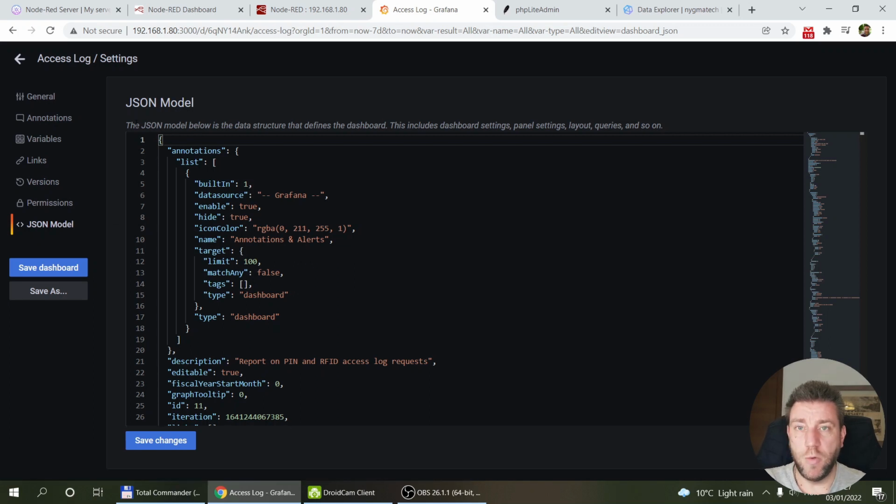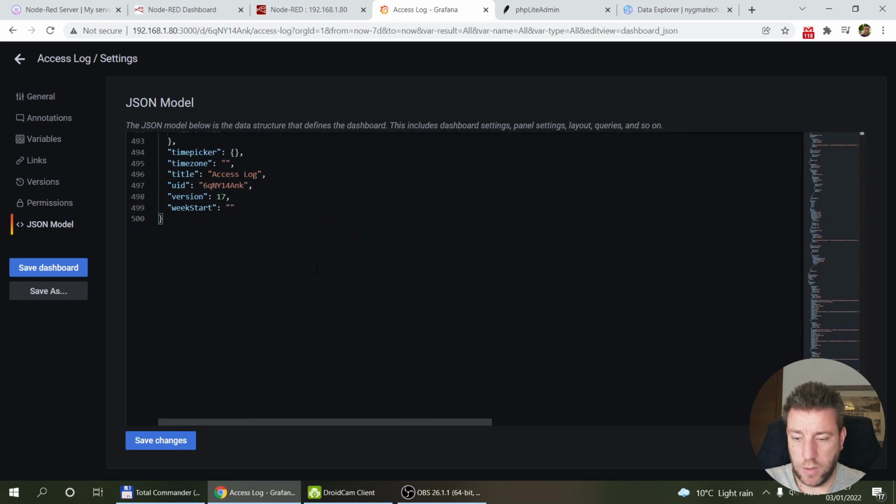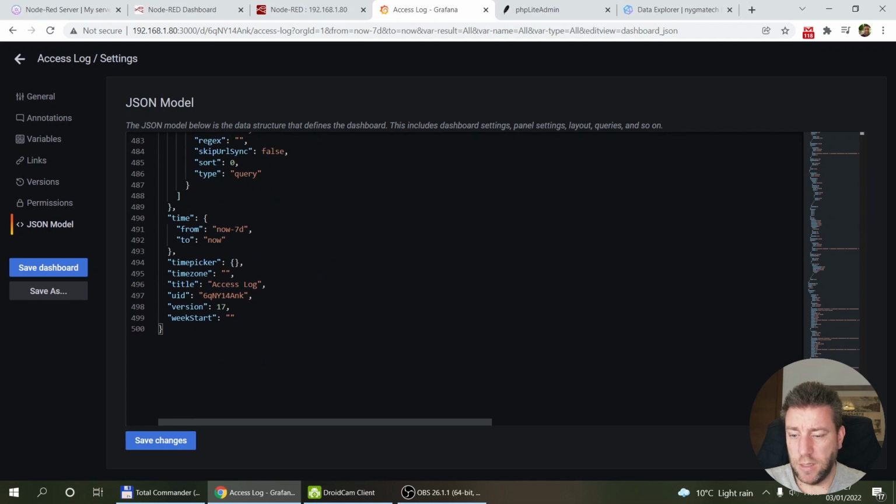There is no place in the UI to set your default time range, but if you look at the JSON model and scroll all the way to the bottom, there is a section where it says time, from and to. I think the default is now -6 hours, and I changed it to now -7 days, so it always shows me the last week. So you can change the default time range here, and when you do that, just don't forget to save it. This is all I made changes in